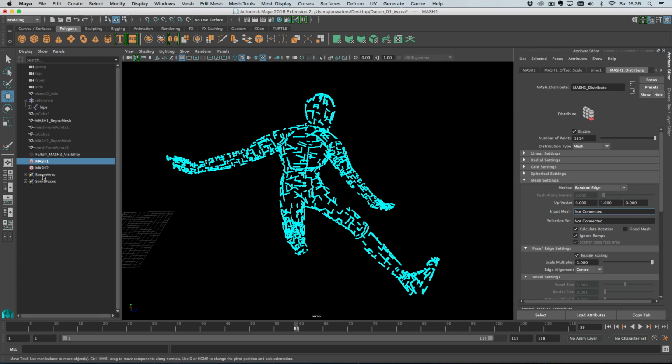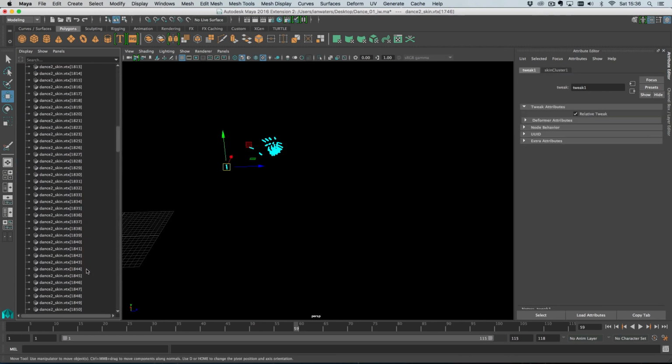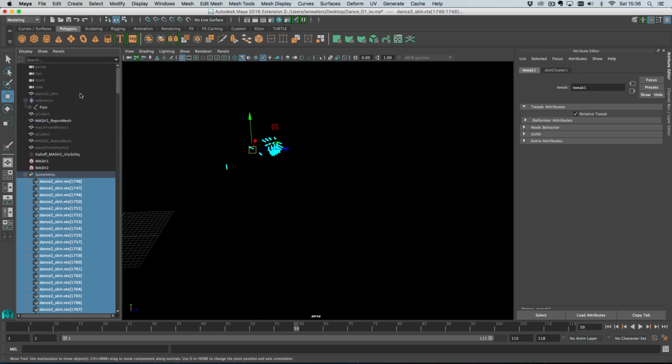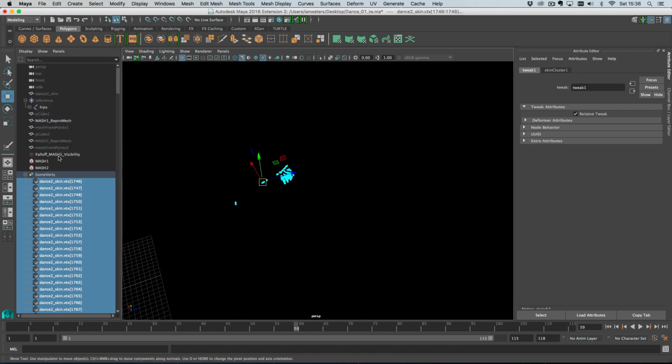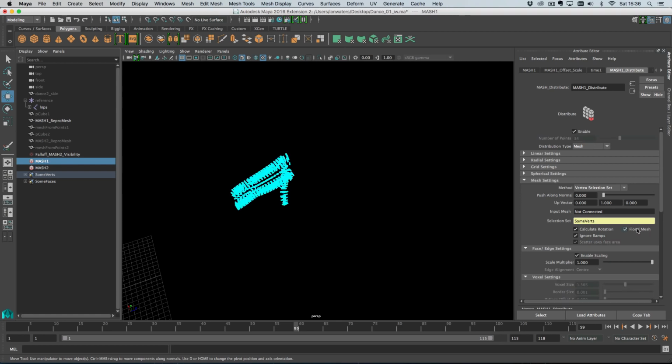Anyway, for all intents and purposes, all you need to do is middle mouse drag a vertex selection set into the selection set box. It will change you to vertex selection set mode, and then it will add. If I select these verts here, you can see where they all are. No, you can't see where they all are because the mesh is hidden. But lots of verts there. So we've got flood mesh,